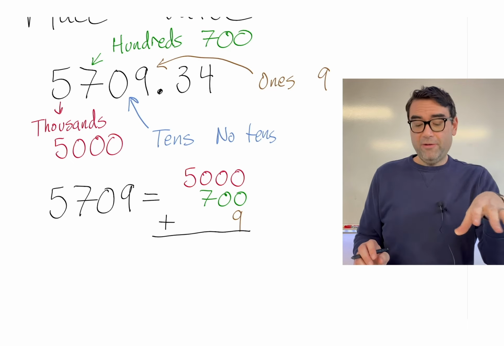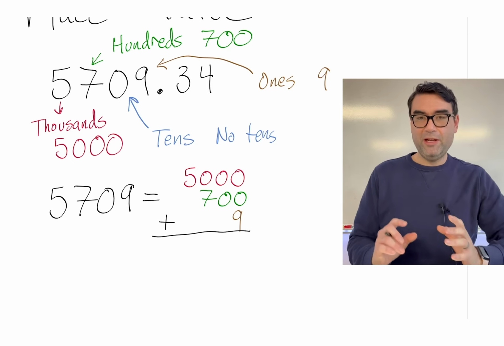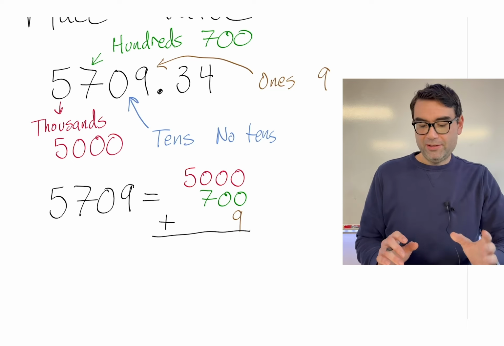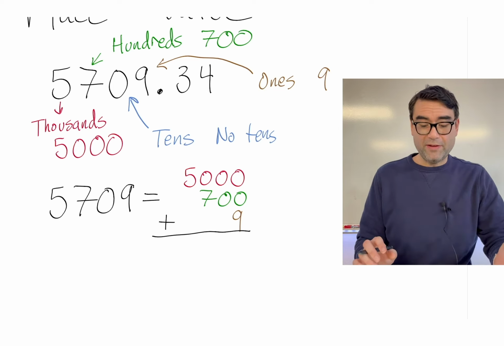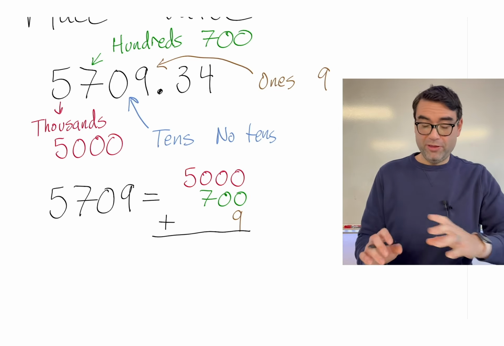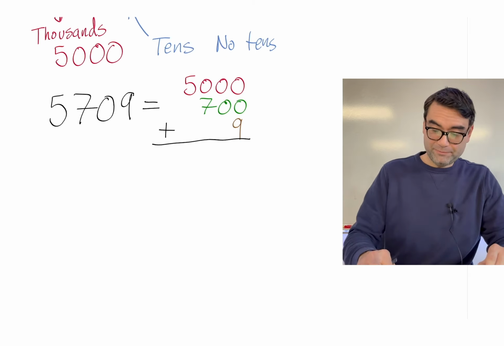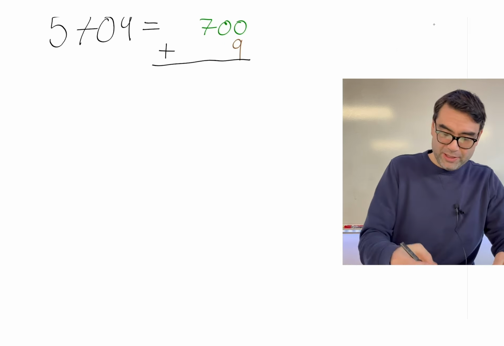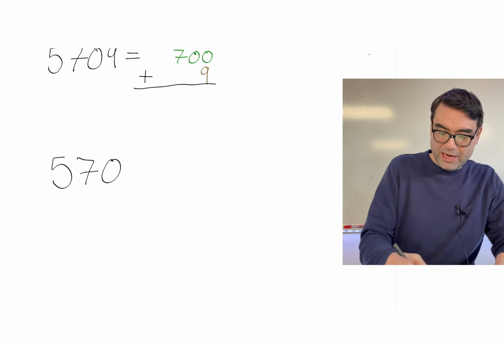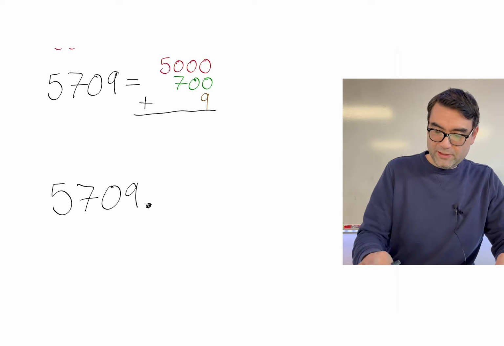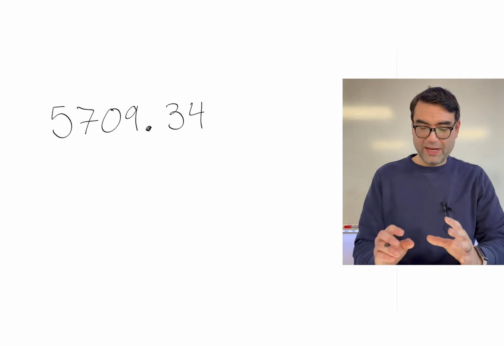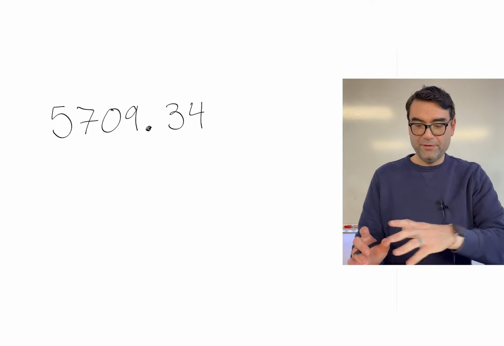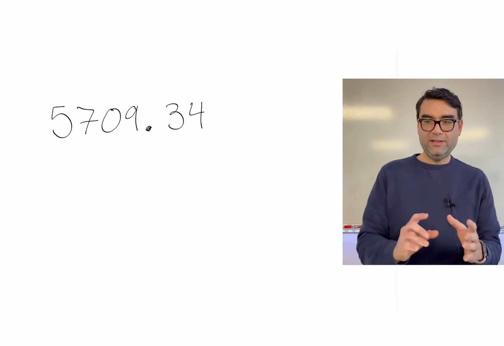Now the 0.34 though, how do we bring that into the problem? Well, depending on where you are in mathematics already, some people just know decimals as decimals, but decimals also represent fractions. So let's bring the 5,709 along with the 0.34 and talk about what that means as an entire number, not a whole number. So let's rewrite my number, 5,709.34. What this decimal represents is kind of like the border between whole value and part value. So the 0.34 is on the right side of the decimal,